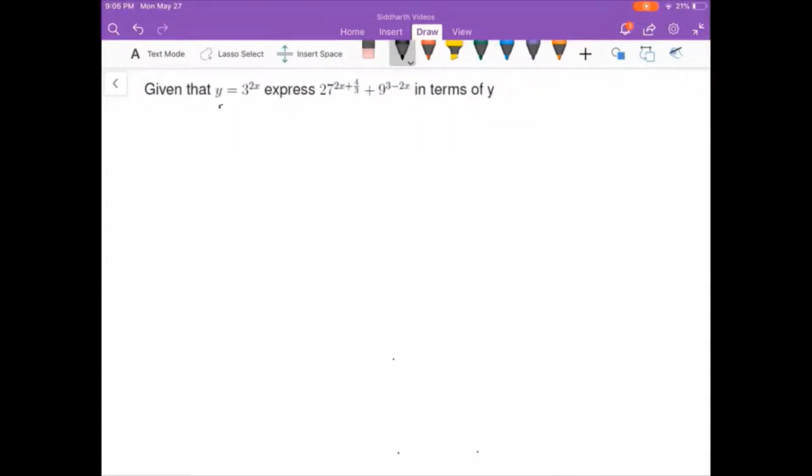In this question, we have to express the expression in terms of y. To do this, let's write the expression in terms of power of 3. So we get 3 cube whole to the power of 2x plus 4 by 3 plus 3 squared whole to the power of 3 minus 2x. Simplifying, we get